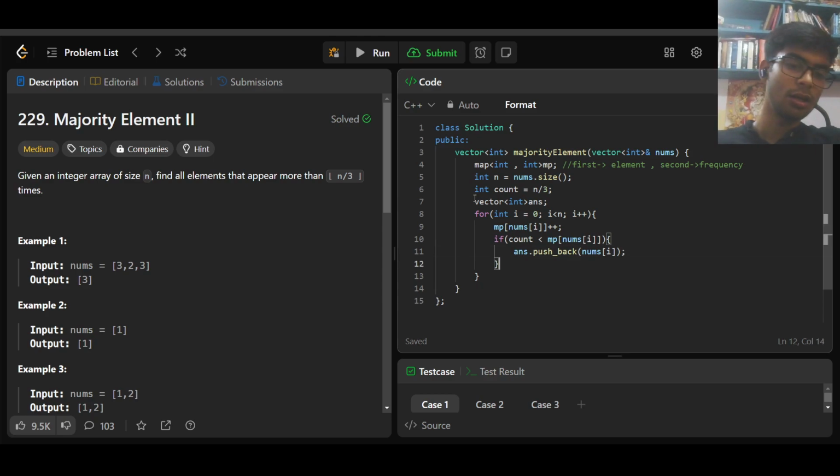Simple. Does that make any sense? Listen, here the condition seems good to me. Okay, but there is an issue. What's the issue? Let's say we have pushed this particular element nums of I to answer when the count,